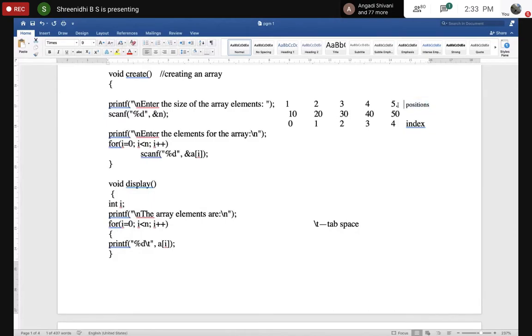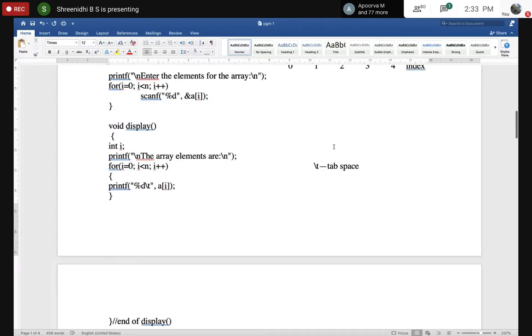This will be a position, and this will be index, and these are your array elements for n is equal to 5. This create will do these things. This will be the array elements, and this will be your index. So position means these are the positions. If I need to enter the element in 6th position, it will be entered here. If I need to enter the element in 3rd position, this will move here. Got it? So how to write the code for that?